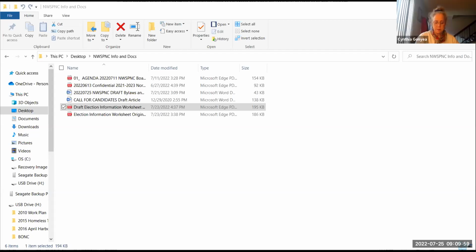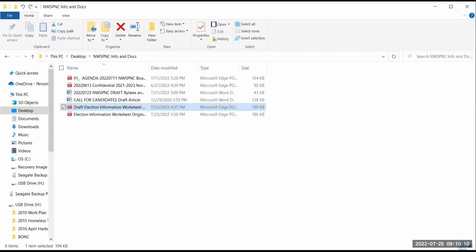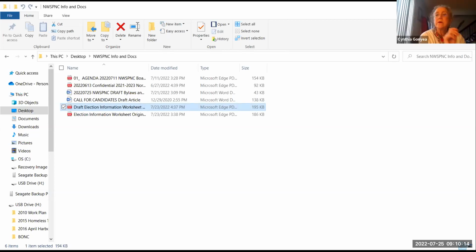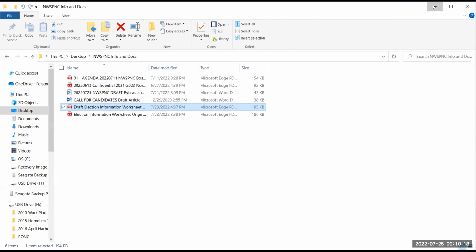Tell them how to do it. You're telling me like I know what to do. Go to the right, right here, where the minus sign is. On the file manager, top right, you have a dash, a square, and an X. The X takes you off the screen. With the dash, you minimize your file manager, because it's on top of your screen.